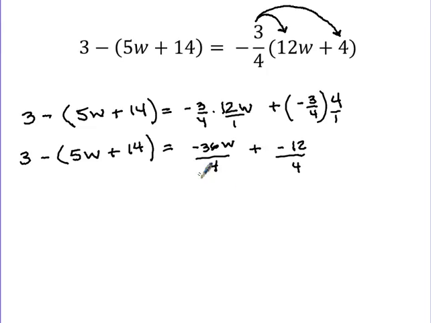So I'm going to do a little simplifying here because negative 36 over 4 equals negative 9. And that's still multiplied times the w. And negative 12 over 4 gives me a negative 3. So plus a negative 3 is the same thing as just minus 3. So I'm going to go ahead and take care of the middleman and get rid of this plus sign right away. So all of this stuff, this negative 3/4 getting multiplied times the 12w plus 4, boils down to this